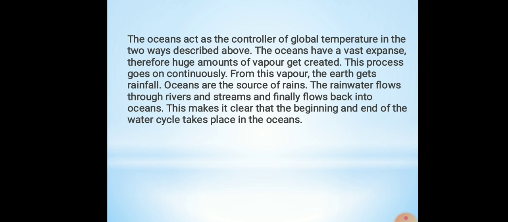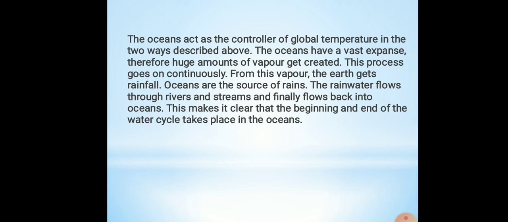Rain falls in the rivers, lakes, oceans, and finally rivers again go into oceans. Again from the oceans water evaporates, moves upward, the clouds are formed and rain falls. Okay, so this goes on. This is called the water cycle. This makes it clear that the beginning and end of the water cycle takes place in oceans. You have learned about the water cycle. Okay, so it's the same thing, only they spoke about some water currents, means the temperature,